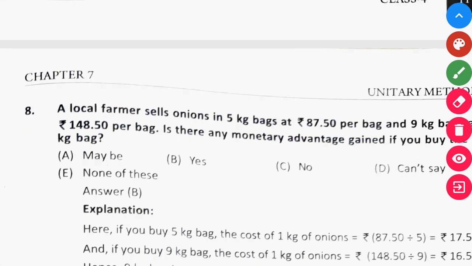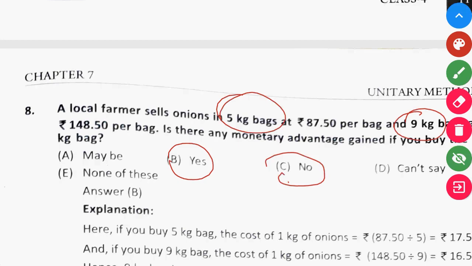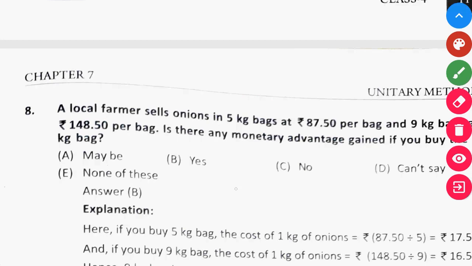Here what you have to do is calculate the price of 1 kg. If we sell the 5 kg bag and the 9 kg bag, is there any change of cost per 1 kg of onion? If there is a difference between both 1 kg prices, then the answer is yes, there is an advantage. If there is no difference, then the answer will be no, or can't say, or maybe a judgmental answer. So first we'll do the